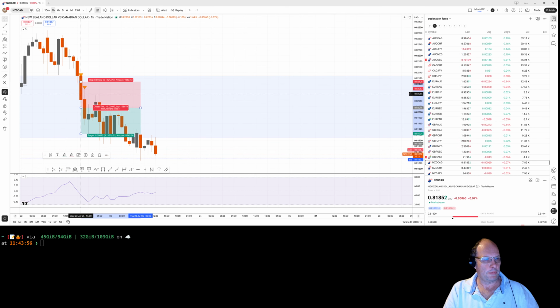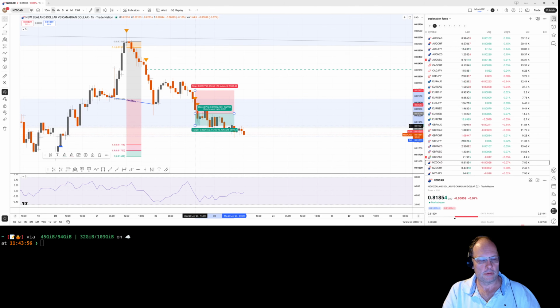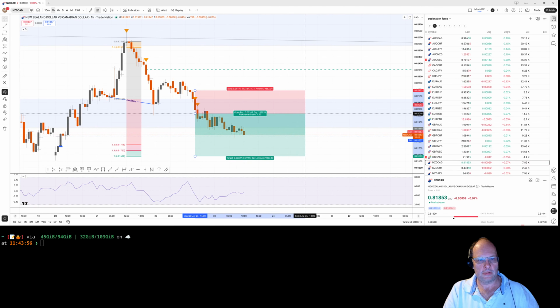So your entry would be here, and the top of that candle would be your stop loss, and then your take profit would be down here. So we would theoretically be on our way to profit right there, but we never entered. So I'll just put a little mark here